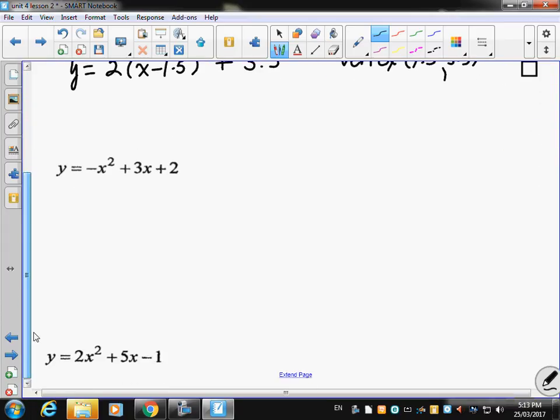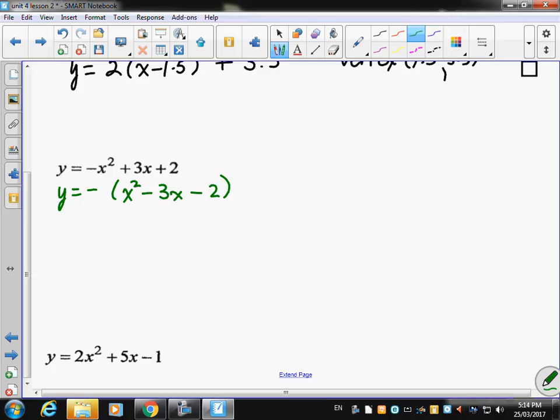Oh, I lied. There are 2. Okay. The middle one, I have not seen a negative at the beginning before, and I'm not so sure that I like it. So I'm going to do the same thing that I did last time, where I take out that negative sign, and we'll deal with him later. So in my brackets, I'll have x squared. Now it's negative 3x